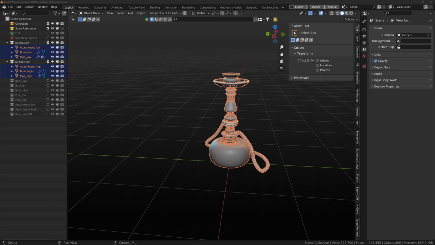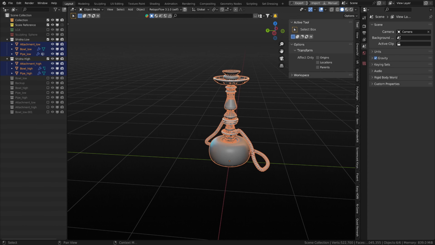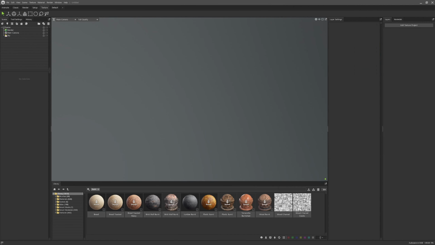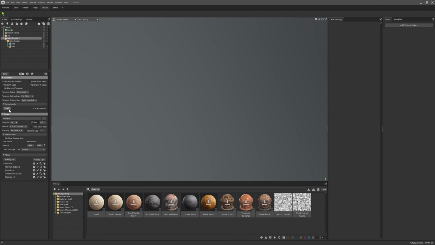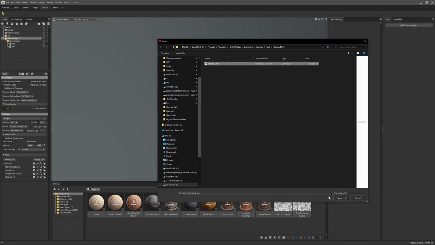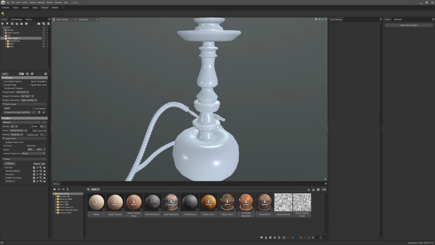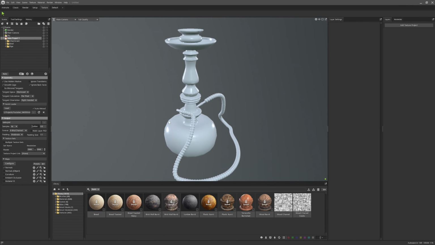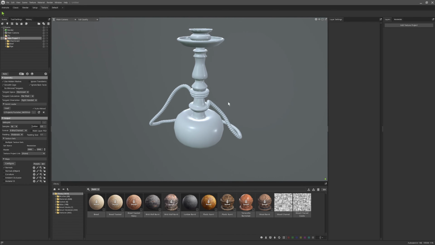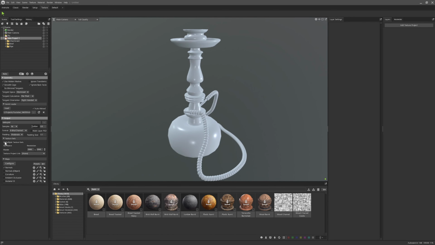Okay, so let's go to Marmoset Toolbag. Put our baker in the scene, go to our quick loader, and open that up. Okay, so we're going to bake our normals again. That's essentially it. We want to go back down to multiple texture sets. We want our pipe to be 2048